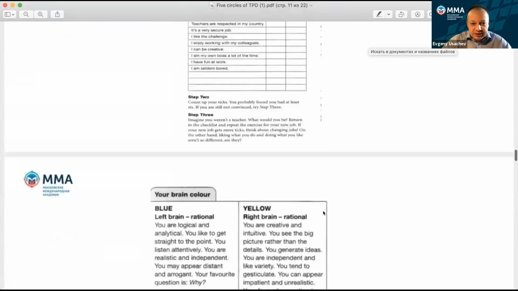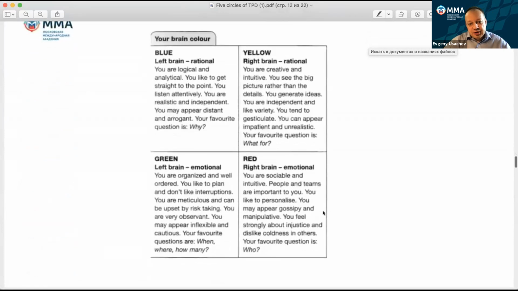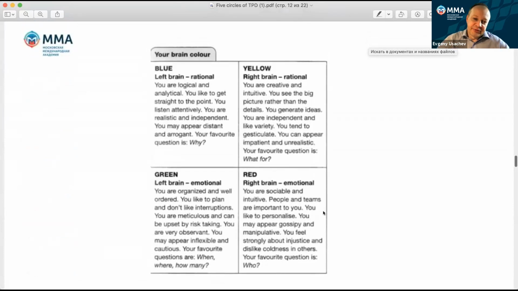Okay, so another activity which I also find kind of insightful and reflective: decide what color teacher you are. You have these four areas which just may give you an idea what kind of color your brain is. For instance, blue, green, yellow, red, and you see a kind of description, right?